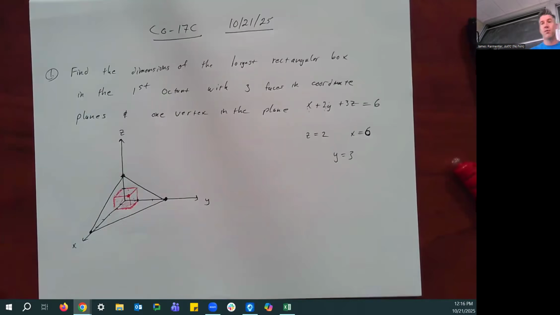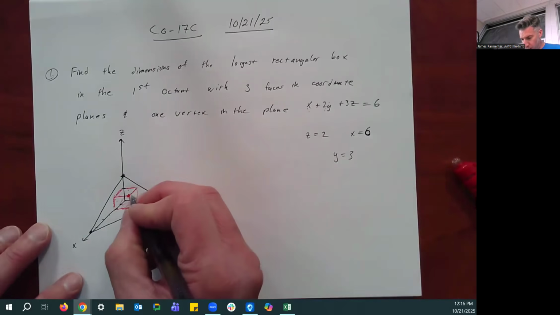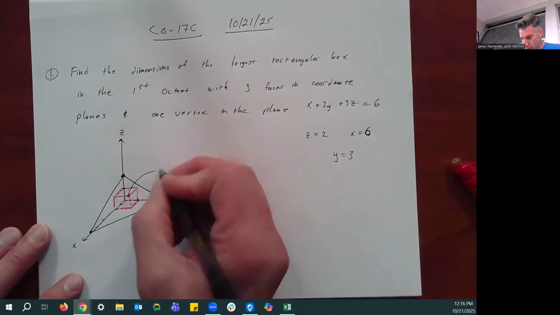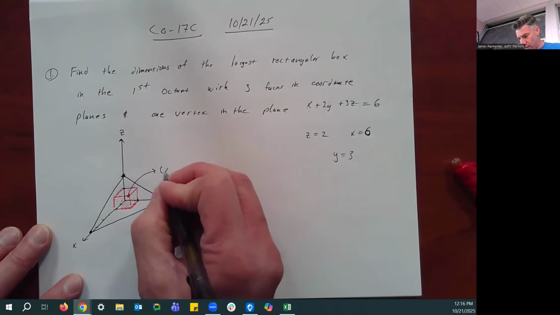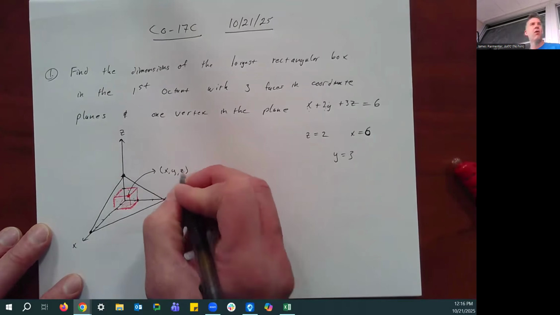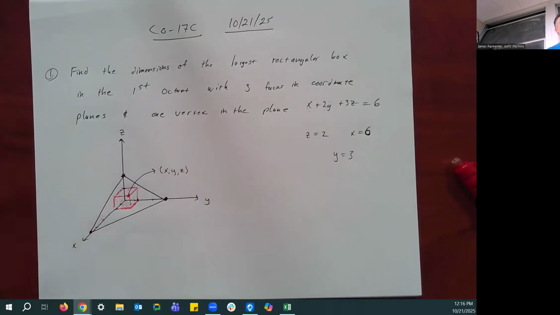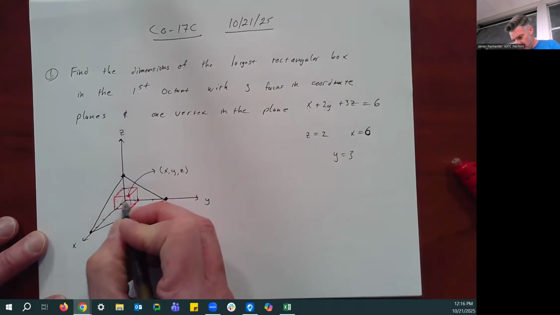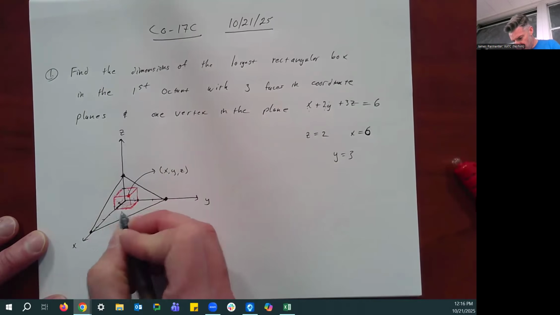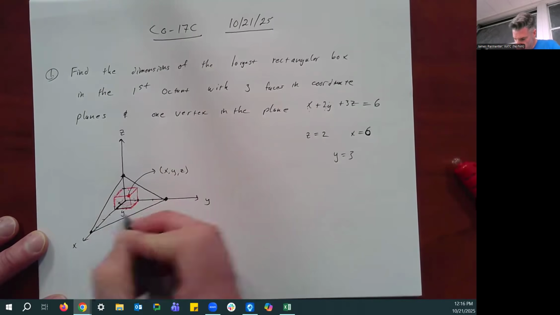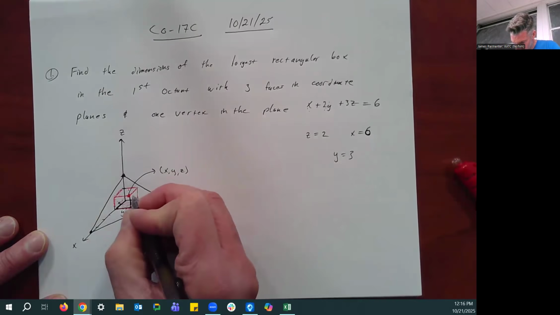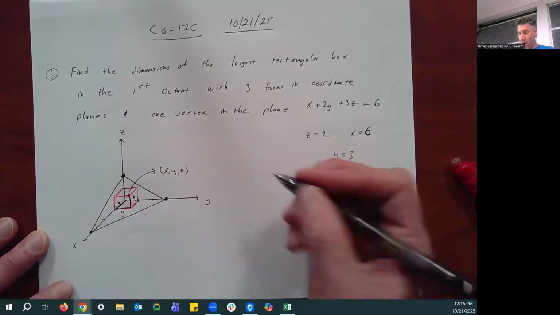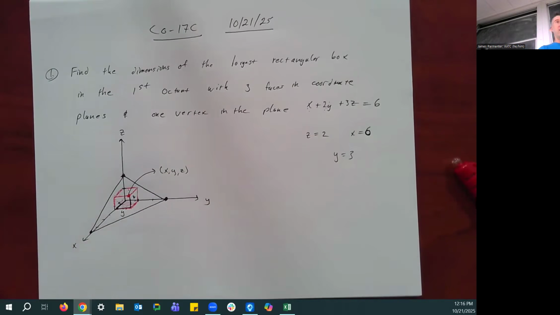Okay, all said, this point here, we don't know its coordinates, but we're going to say its coordinates are X, Y, Z, or whatever letters you like, A, B, C, but X, Y, Z is typical. What we mean by that is we're saying that this dimension is X, this dimension is Y, and this dimension is Z. So the volume of the box,